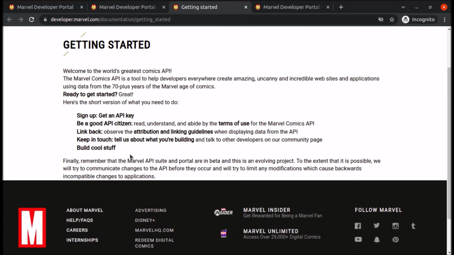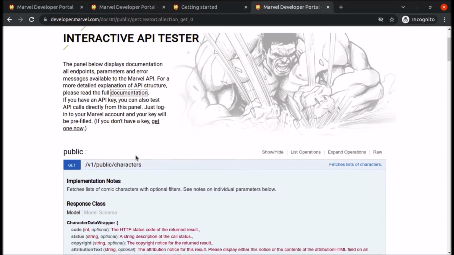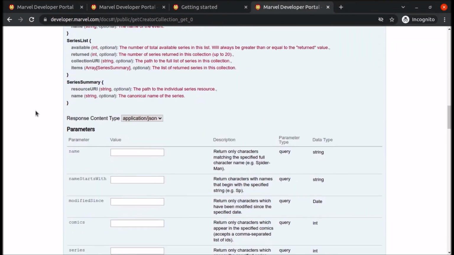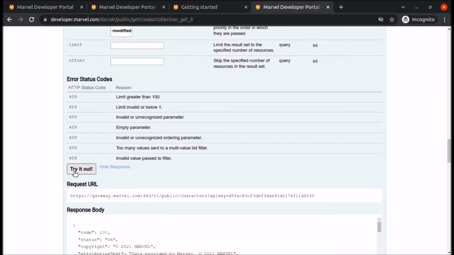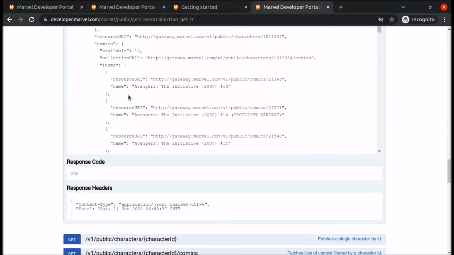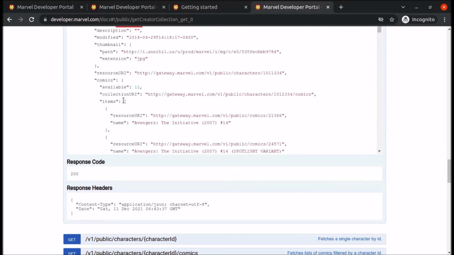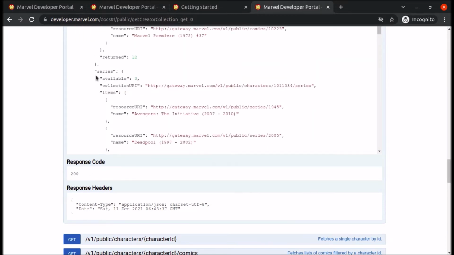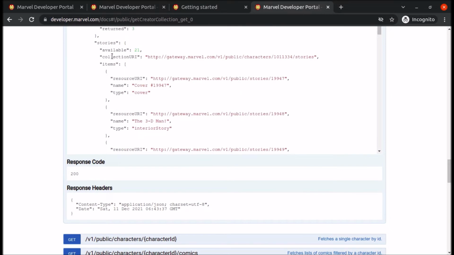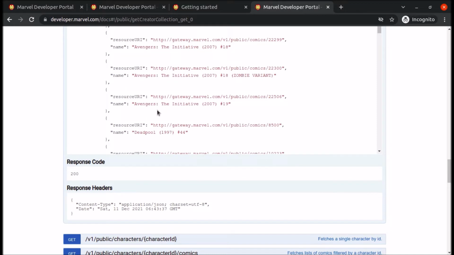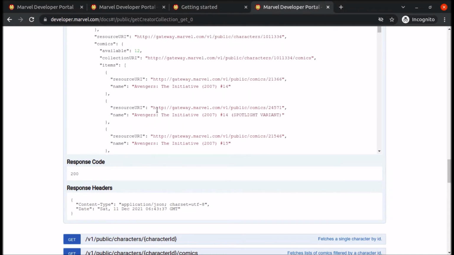And this is the page, and here you will see the API tester. When you try to run the API, you will get the outputs. Let me try out the one API which will list the characters from Marvel, and these are the results. You see 3D Man and all the comics related to 3D Man, then all the series related to 3D Man, then all the stories. You will see much more detail, but we will be covering 3 to 4 APIs in this playlist.